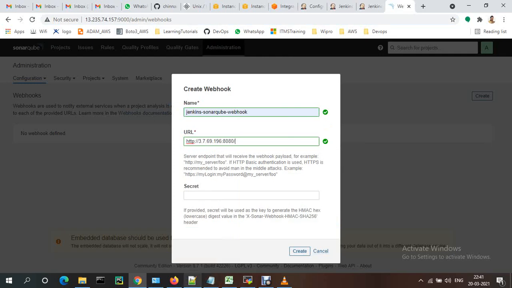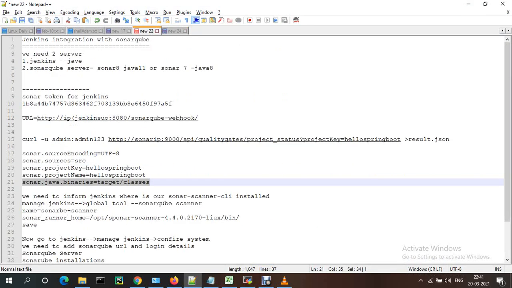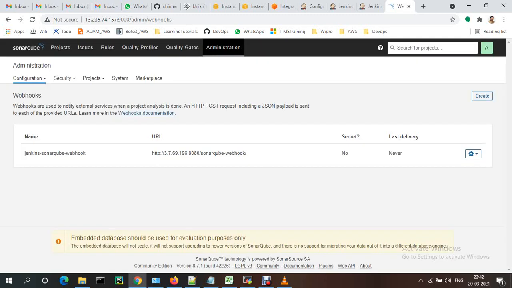Okay, just need to pass this one like sonarqube hyphen webhook. The space is not required. This hyphen is also important. Like that you need to create. Okay, just create this one.